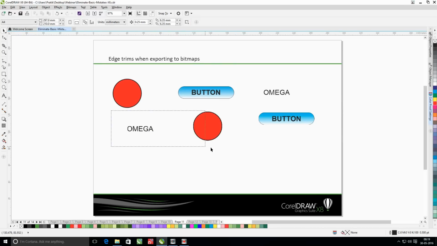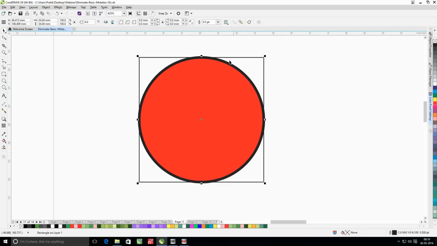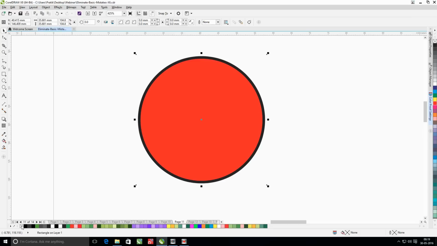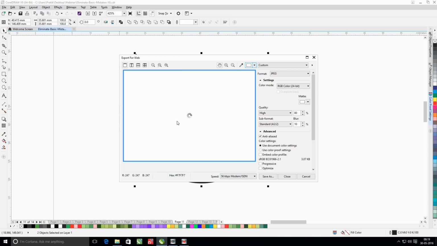So how you can get rid of this is simply by adding a dummy object. You can select this object, and when you shift double-click on the rectangle tool, a rectangle is created across the selection, and you can increase the size of this rectangle just a little bit, remove any outline and fill from the object, and then select both the objects during the export.